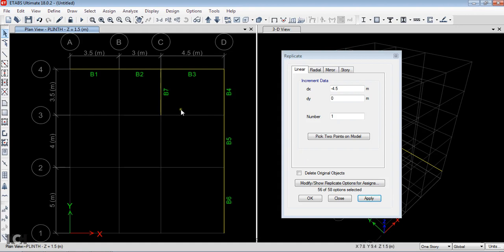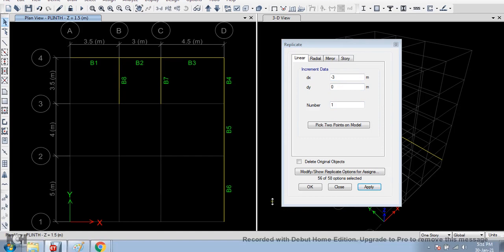Next select this B7 beam and the next distance is minus 3 meter. Apply. Next step, select that B8 beam, minus 3.5 meter. Apply.